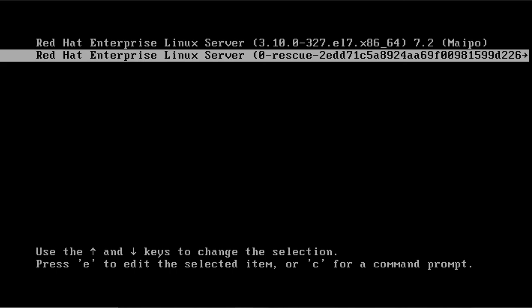Now in that case, we can try to recover our system by going to the last option, and that is booting from the DVD installation media and selecting the option for rescue.